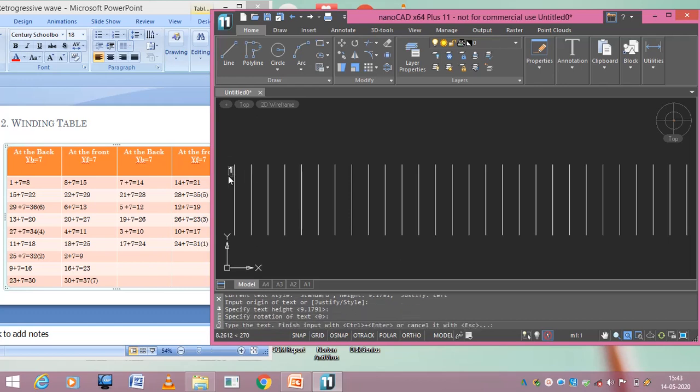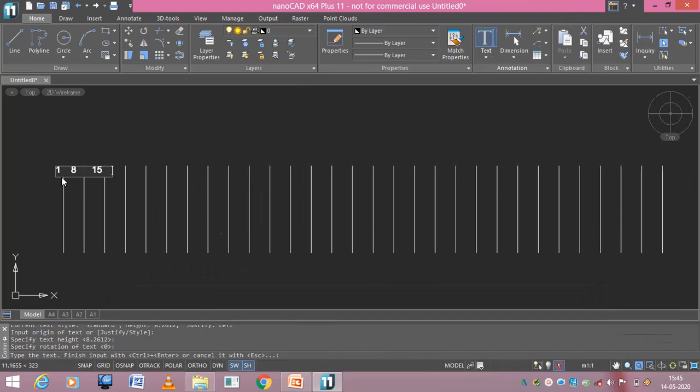This is 1. If this is the first conductor, the next conductor will be the 8th conductor. It means we should name these conductors as per this winding table. So 1, 8, 15, 22, 29, 6, 13. We should name the conductors like this in the sequence diagram. 1, 8, 15.